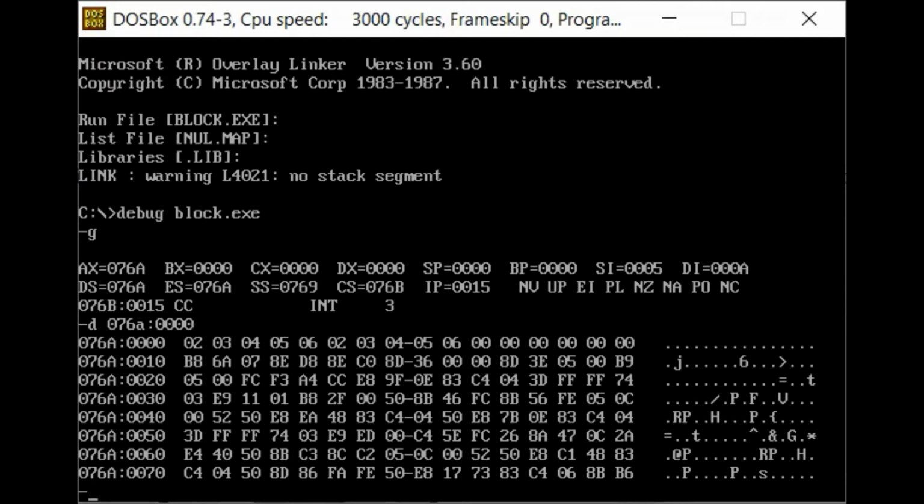As we can see, the values in 076A 0000 have been moved. The 2 3 4 5 6 have been repeated as 2 3 4 5 6 again, which shows that the source values in 076A have been moved to the destination, which follows in the 076A.